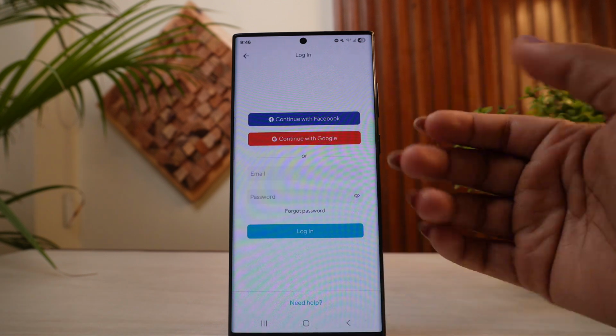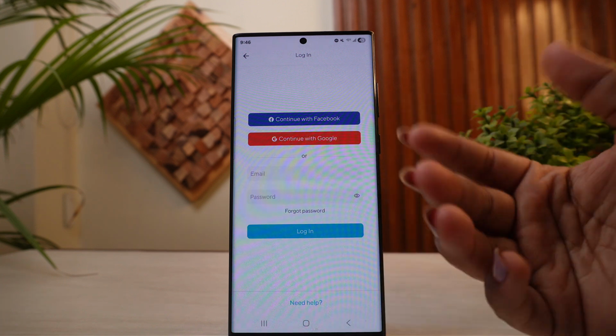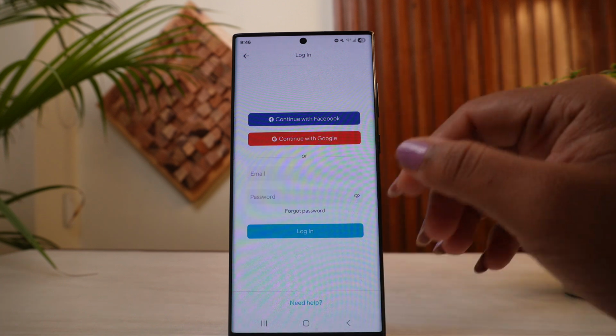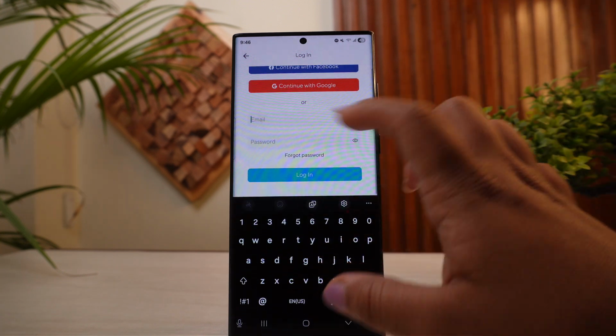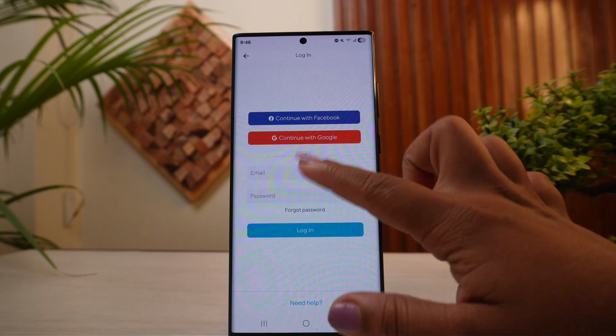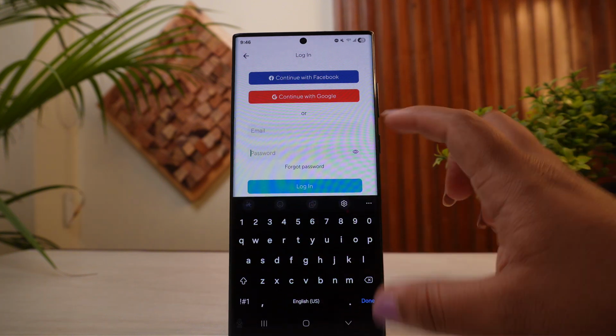Then you can either continue with any of those platforms like your Facebook account or your Google ID if you have logged in through them. If you have signed up your account through them, or else you can simply write in the email address and the password of your account. And after doing that, all you need to do is tap on login, and just like that, you'll be logged